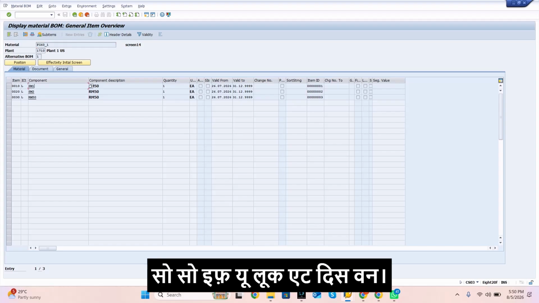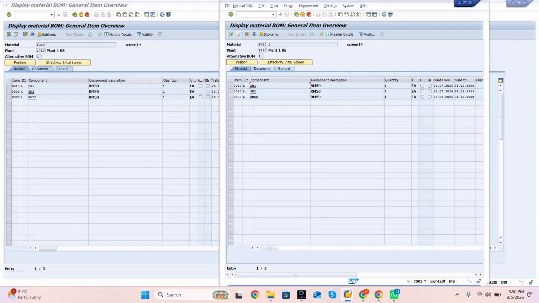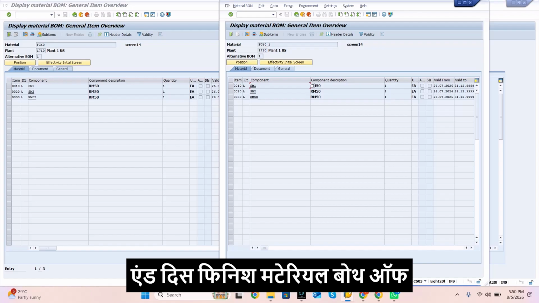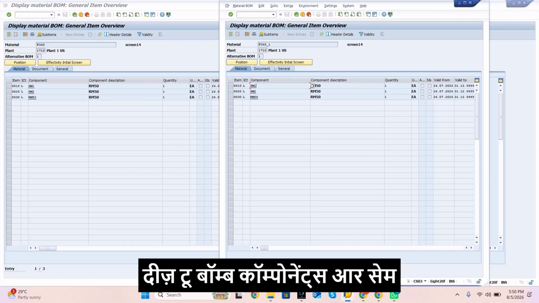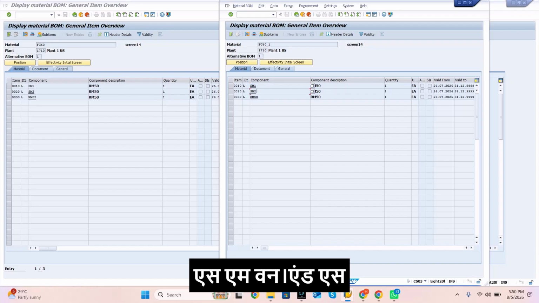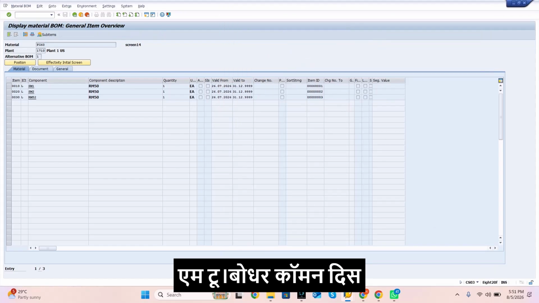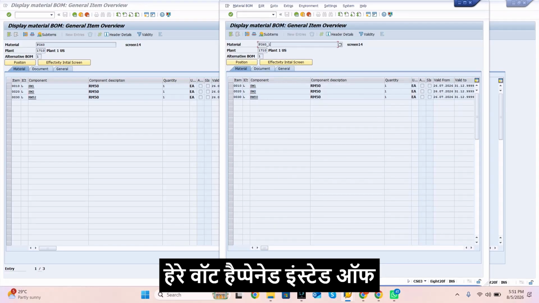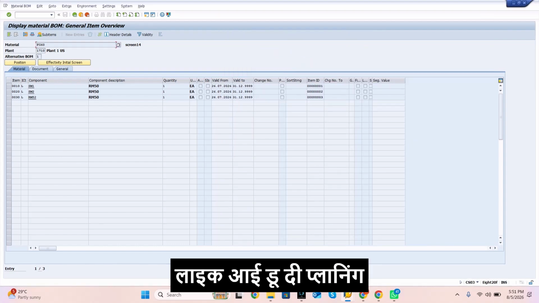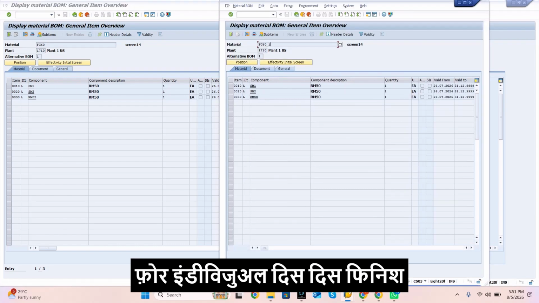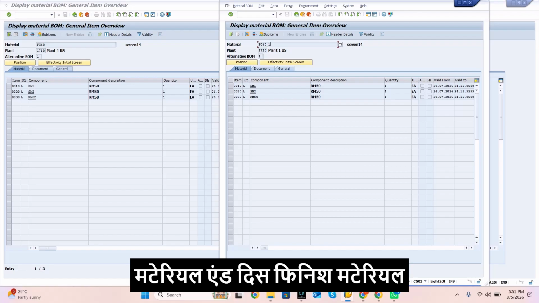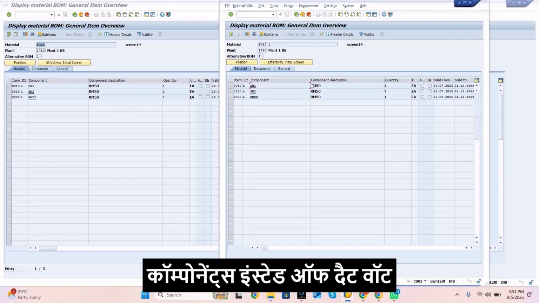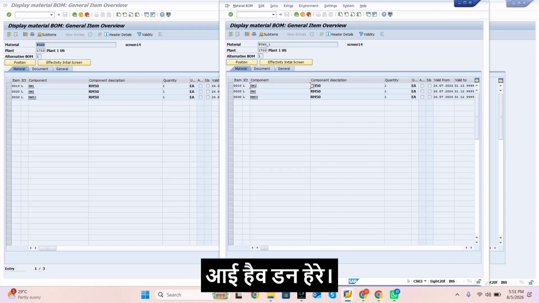If you look at this one, both of these finished materials have BOM components SM1 and SM2, which are common across the two. So instead of doing the planning for each individual finished material to procure these BOM components,